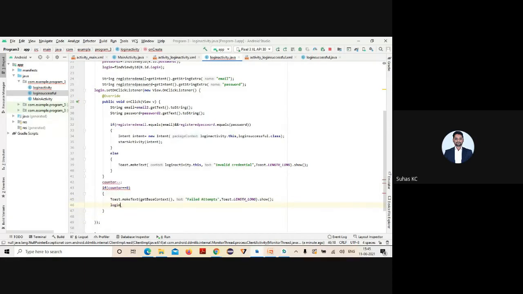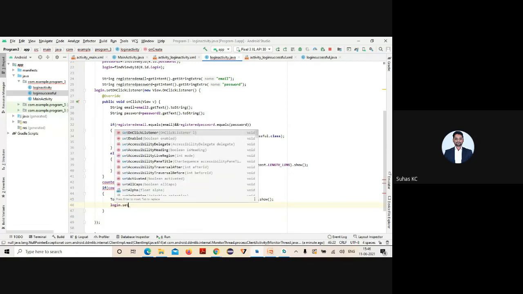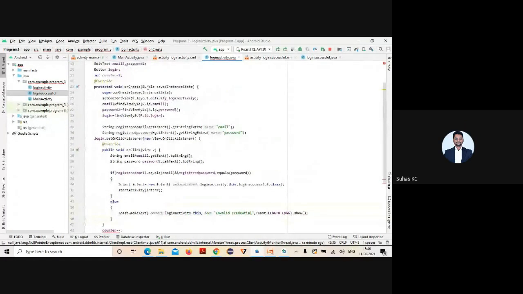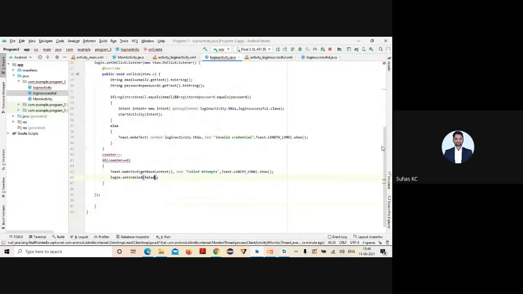Why does it display? login dot setEnabled, look here, setEnabled. What I'll do is I'll make it false, meaning that login button itself will become disabled when counter becomes 0. Look, I've given counter equal to 2 here. Counter has been assigned 2 and I'll decrement every time whenever I enter a wrong password. Whenever counter value reaches 0, after 2 times wrong, I'll just display a message